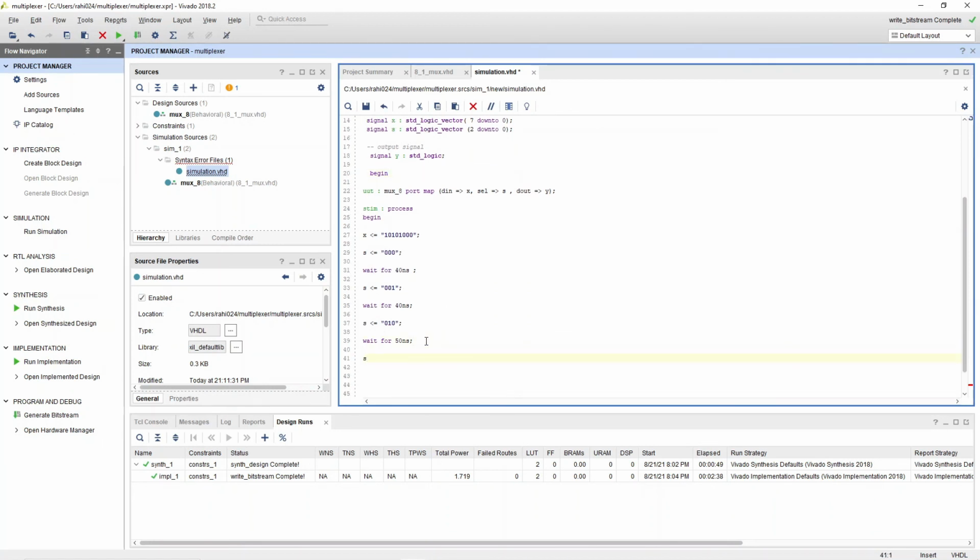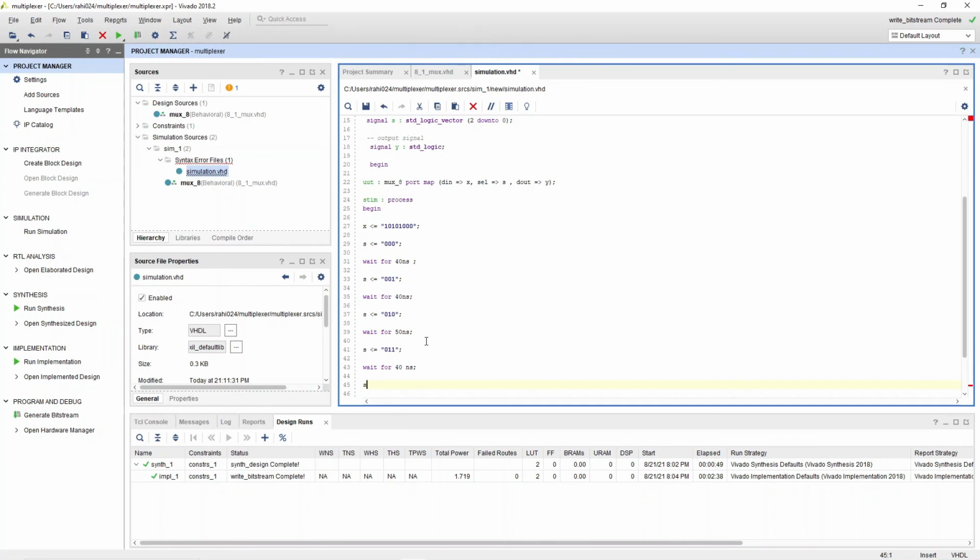So for S it is 011. Okay, so I have to wait for, let's suppose, 50 nanoseconds. And then at last let's give S as 111. Then I'll again wait for 40 nanoseconds.